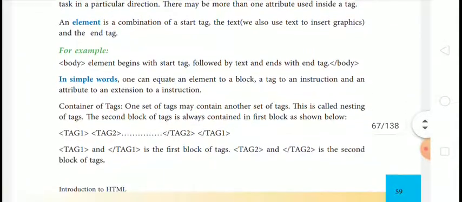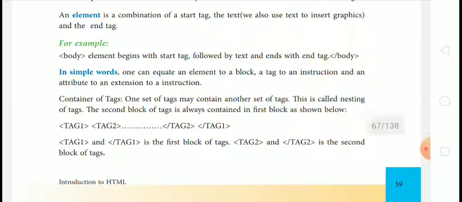An element is a combination of the start tag, the text, and the end tag. For example, a body element begins with the start tag followed by the text and ends with the /body tag.